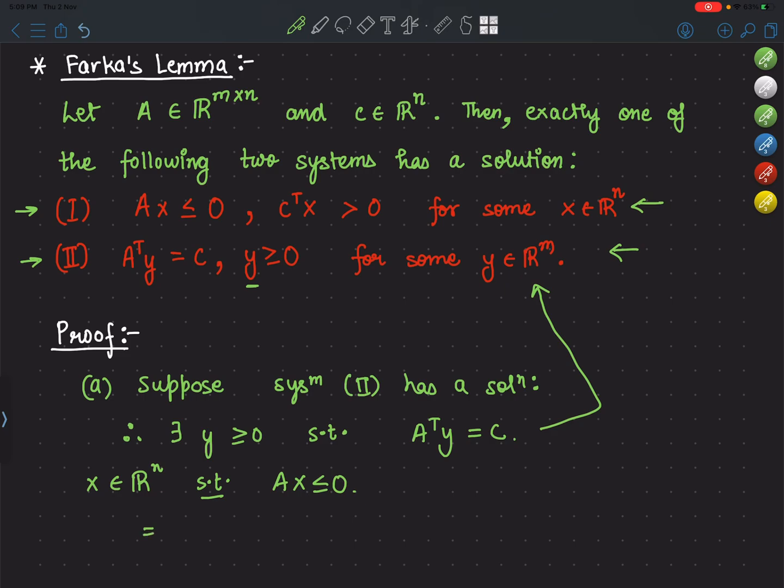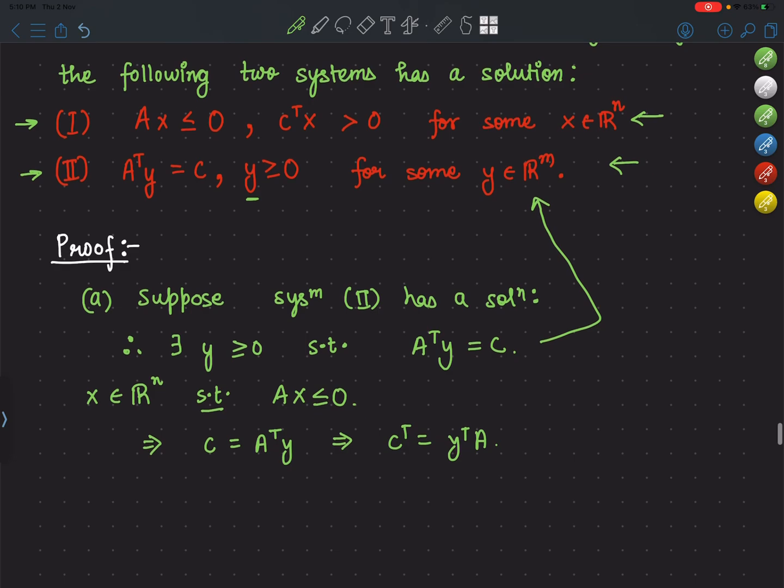Then we know C is equal to A transpose y, which means C transpose equals y transpose A, correct? Which also means C transpose x equals y transpose Ax,